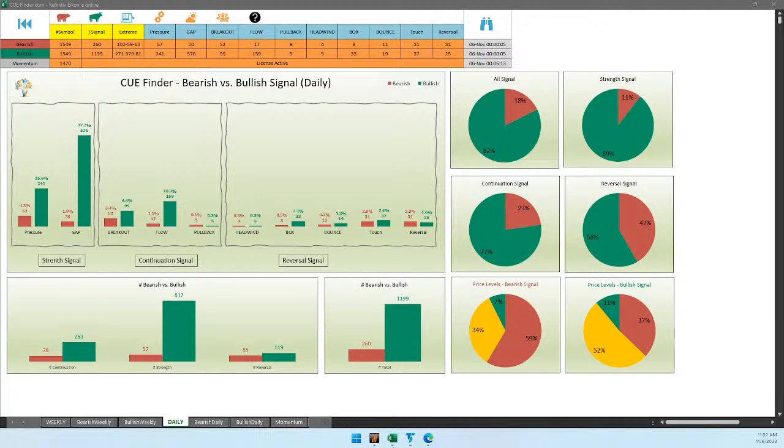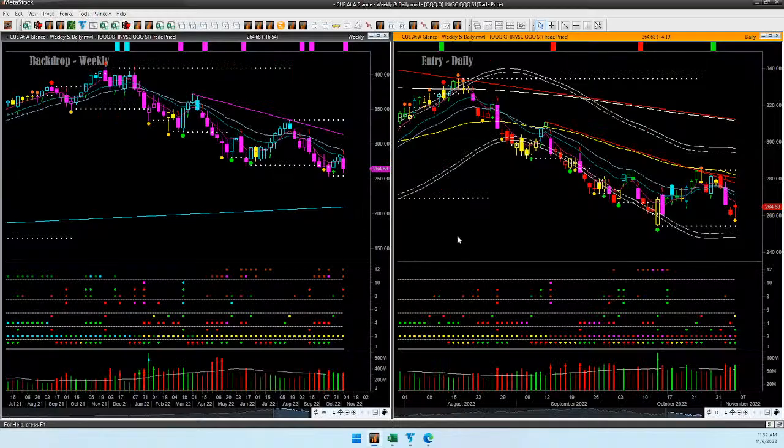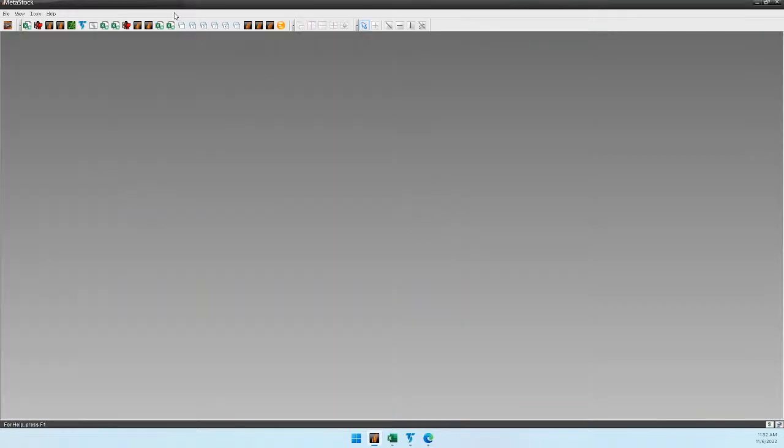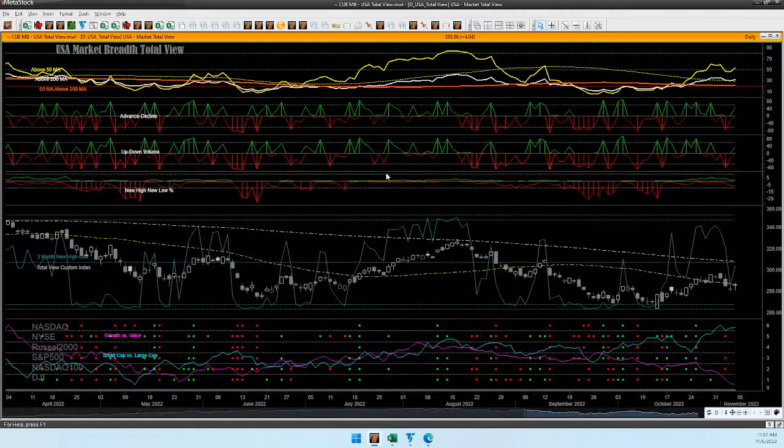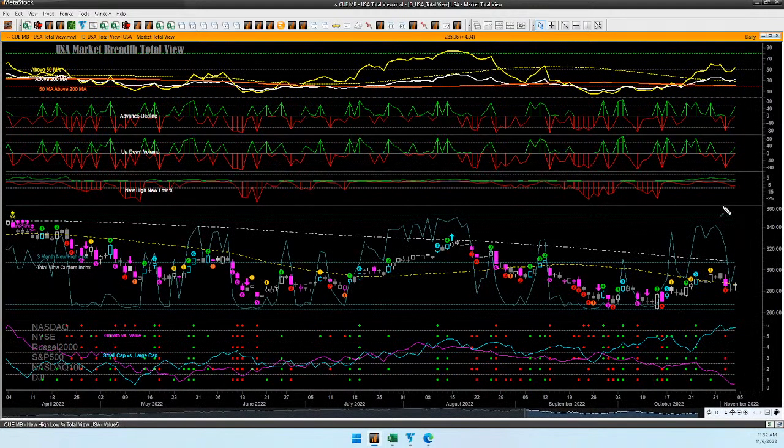What about market internals? We have a market breadth study, a very powerful single chart analysis. Let's look at that. Q market breadth total view, market internal health check. Let's look at last Friday first. We were here. Explicitly I mentioned I was not going to buy, and from the internal view, one reason was